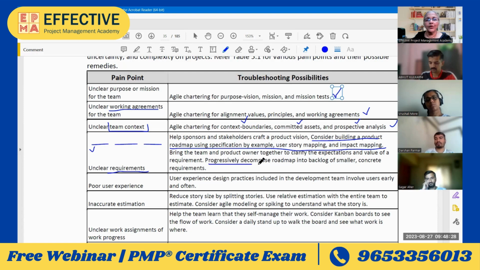Progressively decompose the roadmap. Once we have a 3-year roadmap, one thing is there that the team gets good idea, but on the other hand, the team gets overwhelmed also. How are we going to complete all of that? So rather than